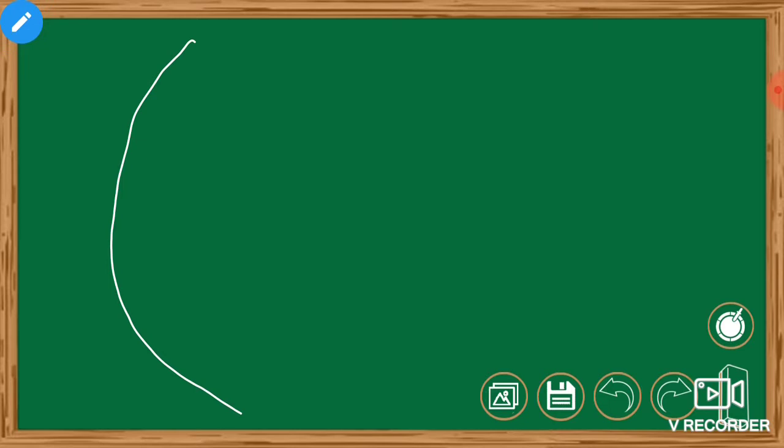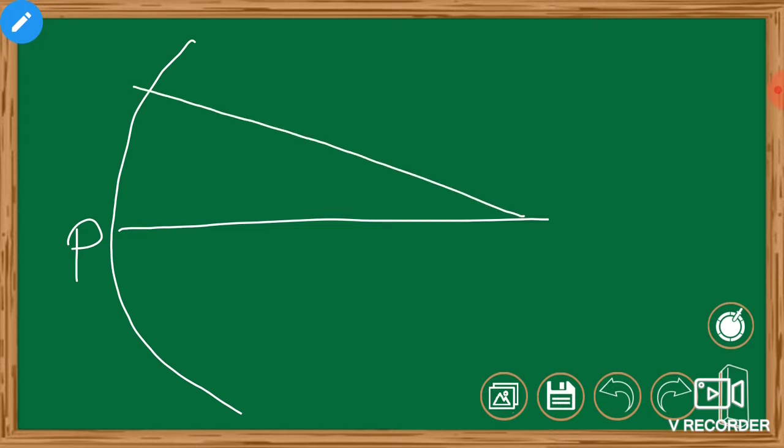Okay. For this mirror, obviously a mirror has a principal axis, that is the imaginary line we have. So it has one principal axis. This principal axis starts from the point P, which is also known as the pole of the mirror. So this is the principal axis. From this principal axis, let's say we emerge a light ray from the principal axis towards the mirror.